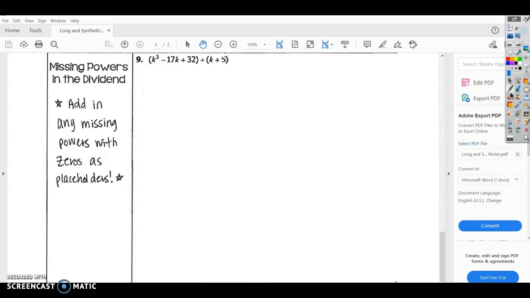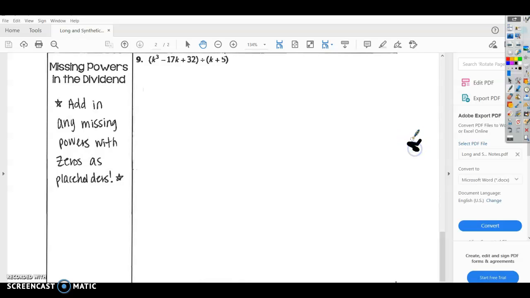Alright guys, we're still talking about dividing polynomials. We're going to look at some special cases now. These are dividing polynomials when you have a missing term. If you look up here, you see k to the third minus k, but there's no k squared